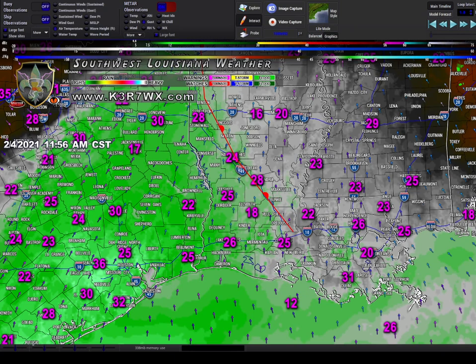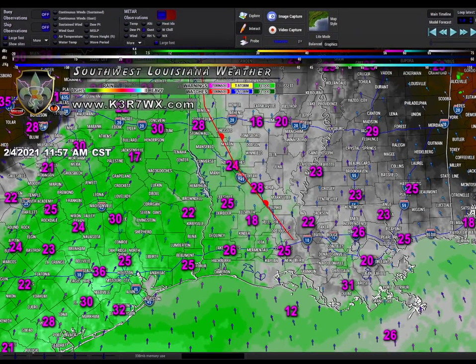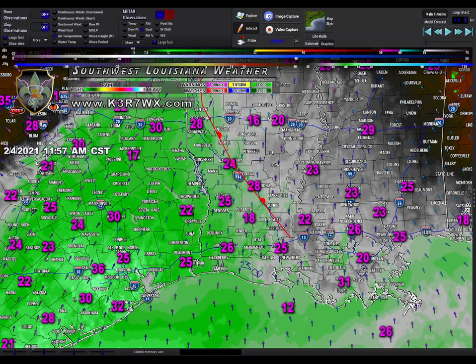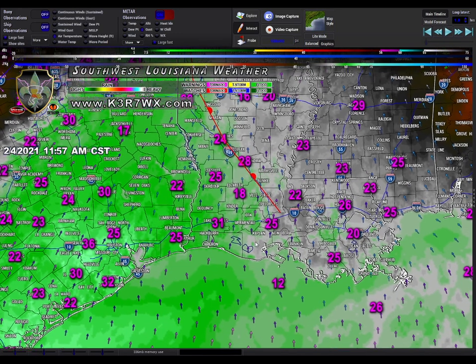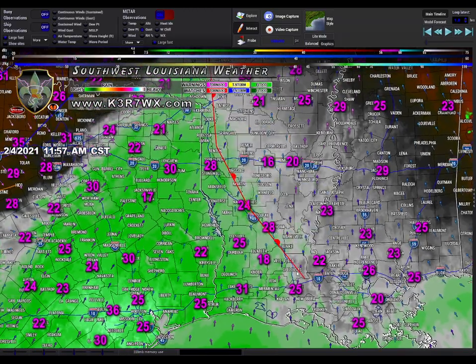And I can tell you here at the house, we've gotten a gust of 28. These winds are out of the south, the surface winds out of the south. Whoop, wrong one here. There we go. I'm in OBS there. I can't do what I want in OBS. I got to go to the software. So you see this red line right here stretching down. That's your warm front,